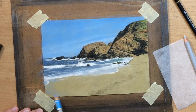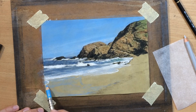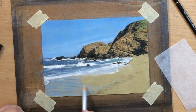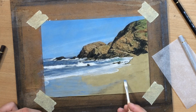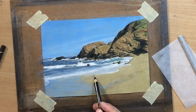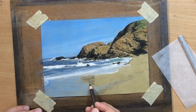And for that wet sand, I need to find a way to create contrast between the water and the wet sand. I need to make it clear to the viewer where one ends and the other one begins. So I'm going to use slightly different colors and slightly different textures and details, obviously. So here I'm adding some reflections to put in some darker